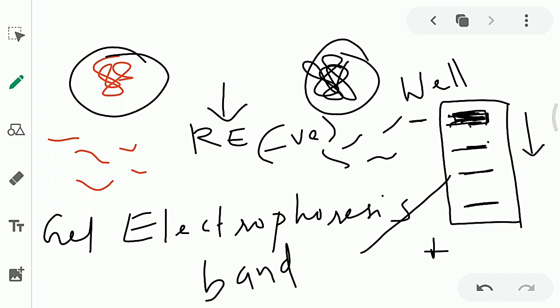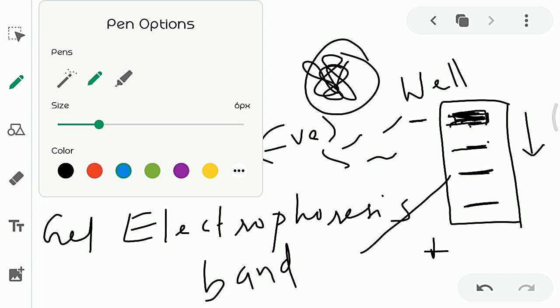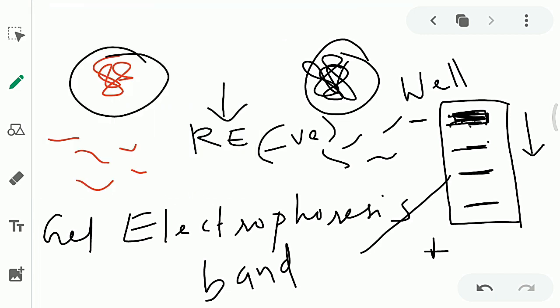Now one band contains multiple copies of the same size of DNA. What does this mean? The bands that are at the top, those DNA are heavier in size, and as we come down, the size of the DNA keeps decreasing. Okay,